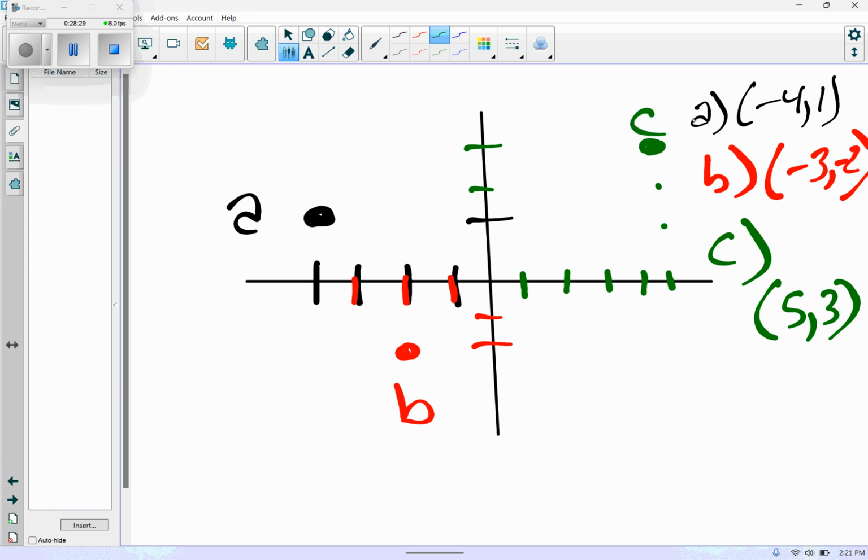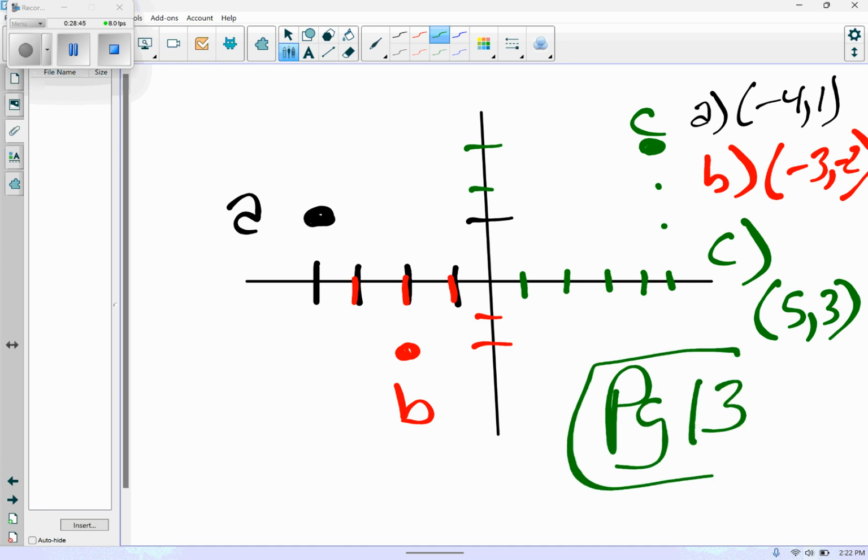Okay, so we're just plotting points on this worksheet, or we might be asked to find some points on the page. Okay, so friends, the entire page 13 is what I'd like you to work on. Okay? You have the rest of the period to knock it out. If you get it done, giddy up. Okay, but I have to go make a couple